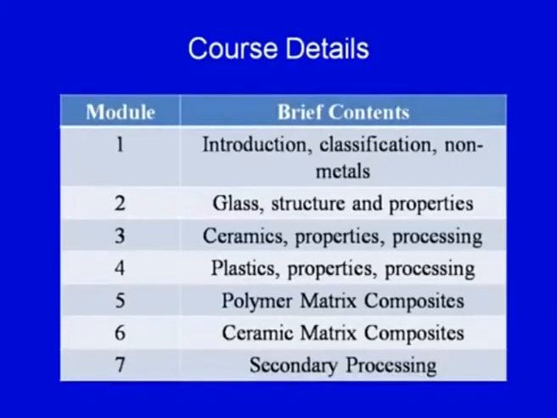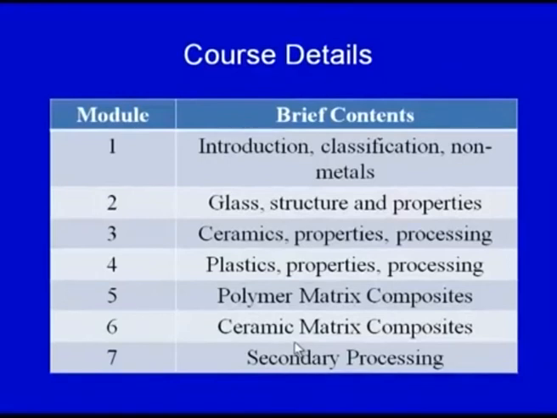Now I want to just outline the course, that how the course would be run. Just a brief outline that what we are going to cover. So today we are having the first lecture of module 1. In lecture 2 we will try to distinguish between the metals and the non-metals based on the properties of the metals and the non-metals, and then we will jump to module number 2, in which we will see glass, structure and properties,